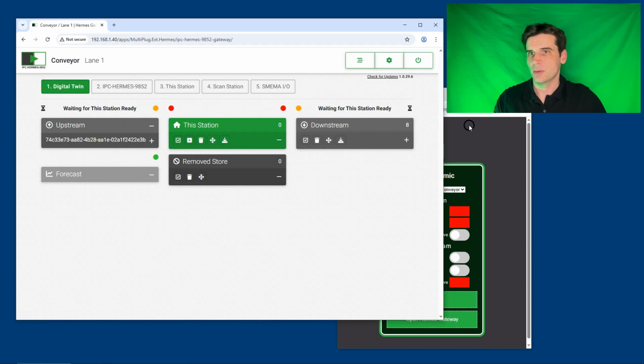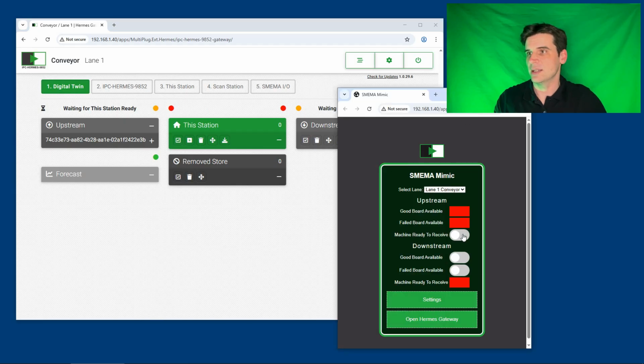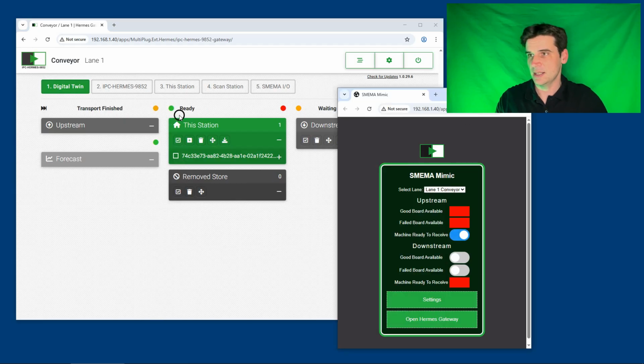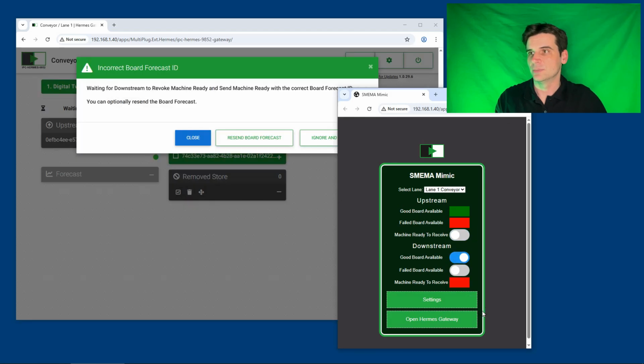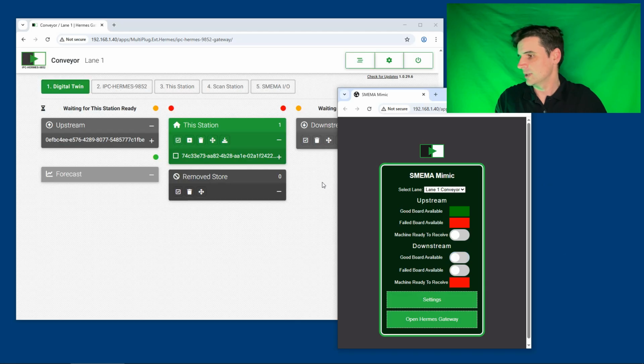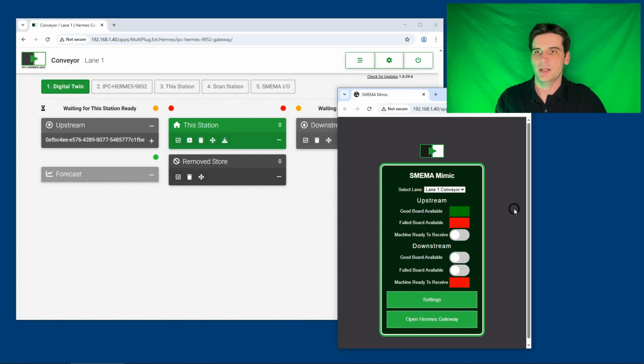the mimic, we can see that if we state machine ready, you can see a board has now been moved through because we're changing the SMEMA states. So we can stop doing that, and then we just say good board available. That's waiting for the board forecast to go through. And now if we do this, so by using this little hidden app, we can trigger off the SMEMA states,